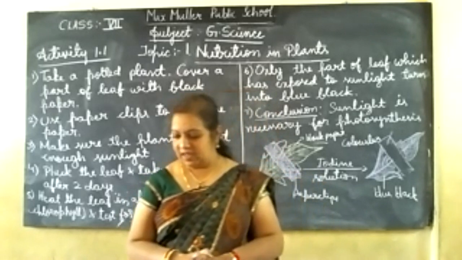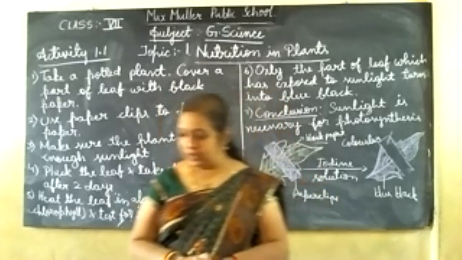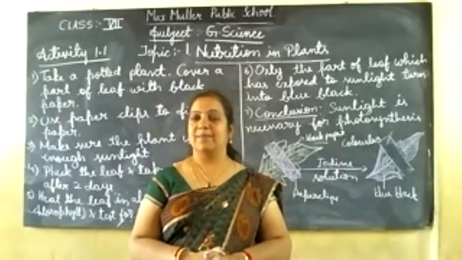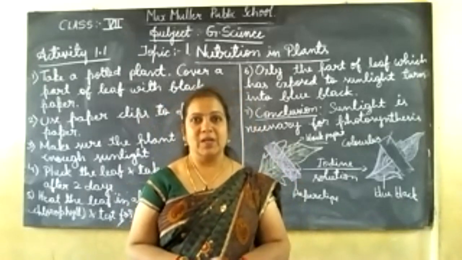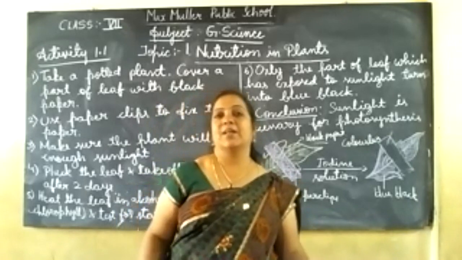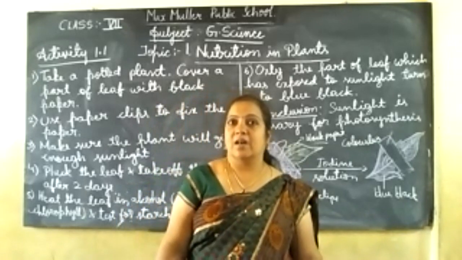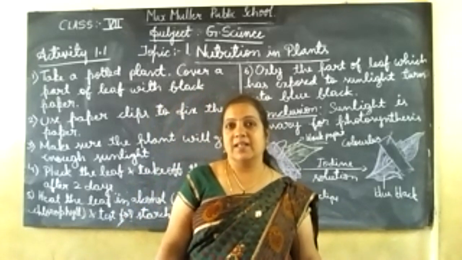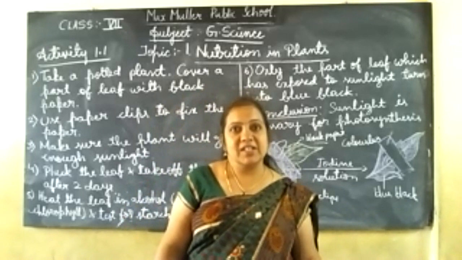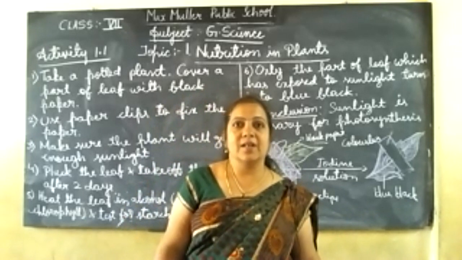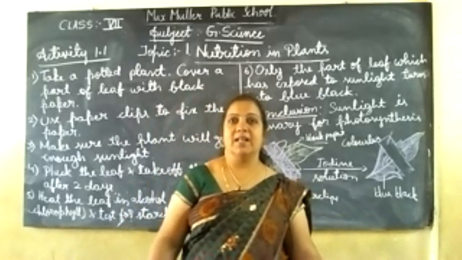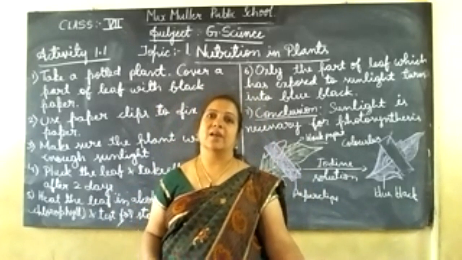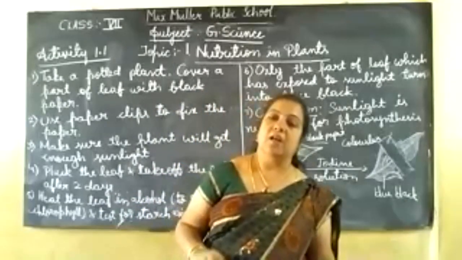Okay, see, before that, one important point is given here. So leaves only are able to do photosynthesis, there is no such rule. Wherever the green part of a plant body is there, all those plants are doing photosynthesis, making the food. Okay, the stem part may be green, the branches may be green. So wherever, other than the leaf, the green part or chlorophyll is there and sunlight is reaching that part, there it is able to produce the food.